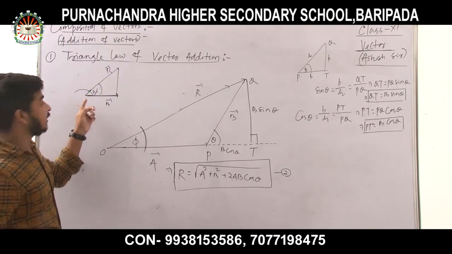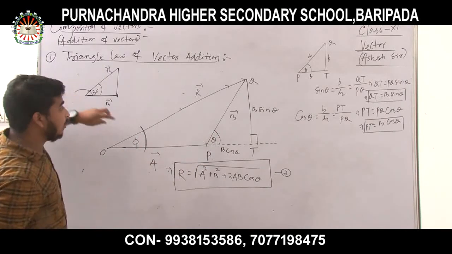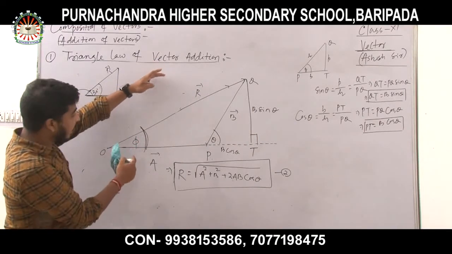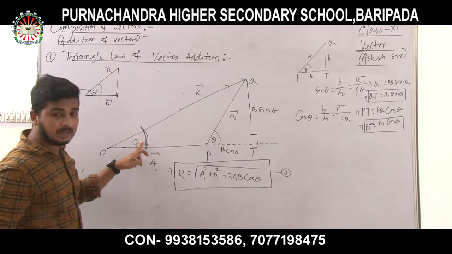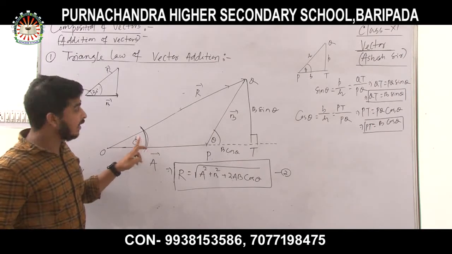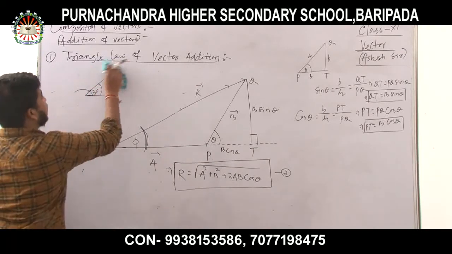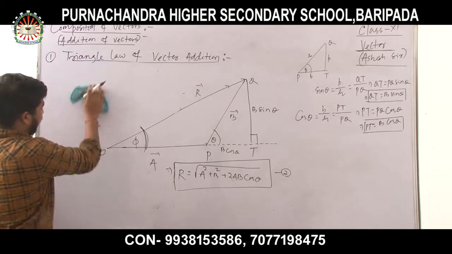So if this is the horizontal vector and I want to find the resultant vector, then I have to find the angle. If I get the angle, I will get the resultant vector. So let's find this angle. The expression for that angle will give the position of the R vector. So let's find the direction of the